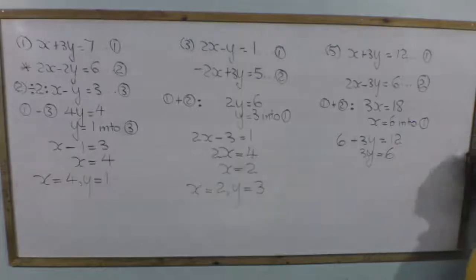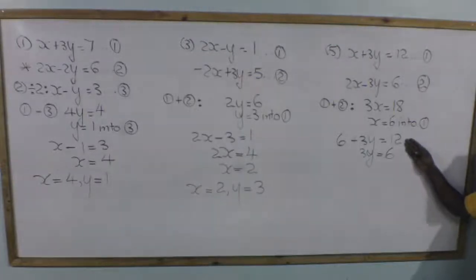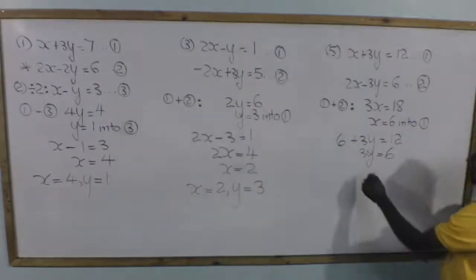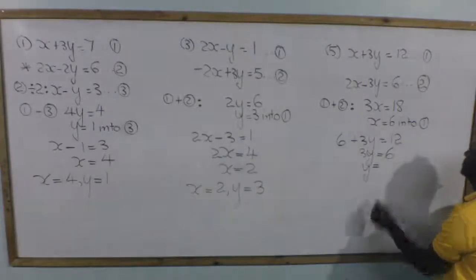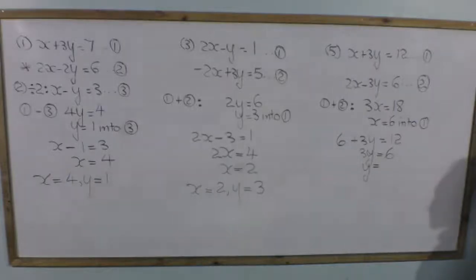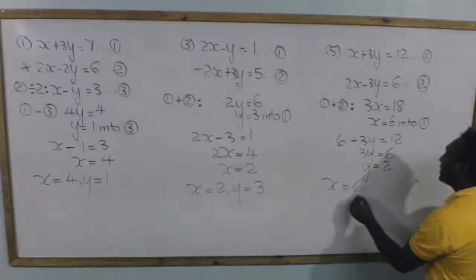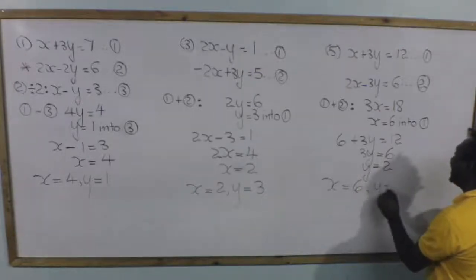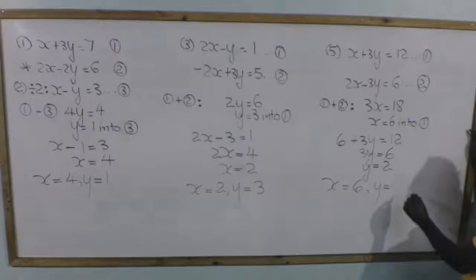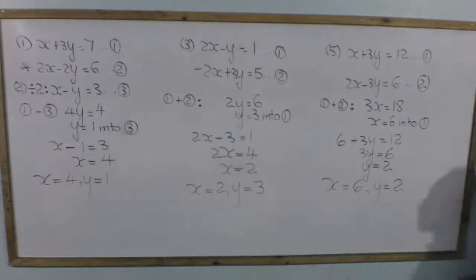Yes, we will eliminate the 6 from this side by subtraction. And we subtract 6 from the right hand side also. Here we have 3y is equal to 6. So y is equal to? Y is equal to 2. Right, so we have x is equal to 6, y is equal to 2. Here we have the solution of our first 3 problems in the classwork that some of the students missed